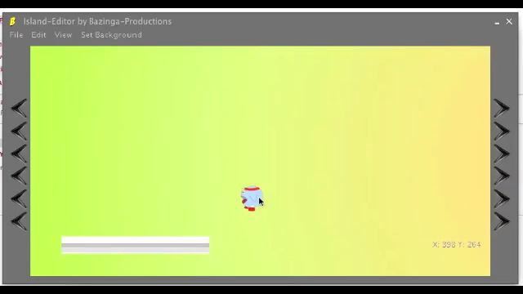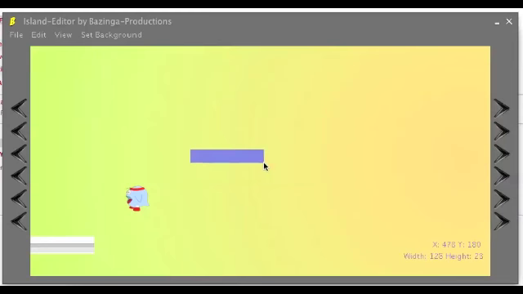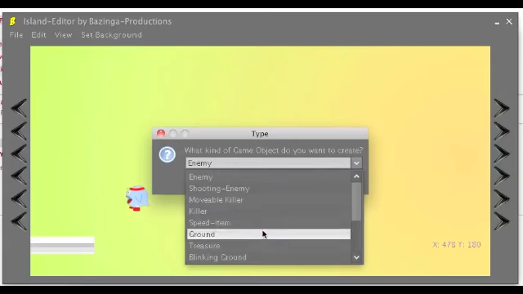So now let's go on with adding another ground somewhere around here. So we can move the view of the level with those arrows. We can move to the right and to the left. And let's add a ground somewhere around here. Let's just drag the box again, select ground,